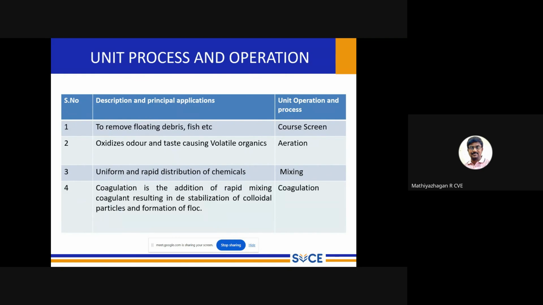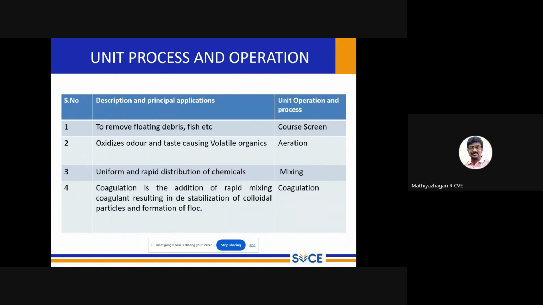Then all the advanced water treatment processes, like the ion exchange process or demineralization process, those kinds of things where we are adding or using some kind of chemicals. Therefore, those come under the unit processes. So in this particular table, I have given the different impurities and the unit operations and processes involved to remove those